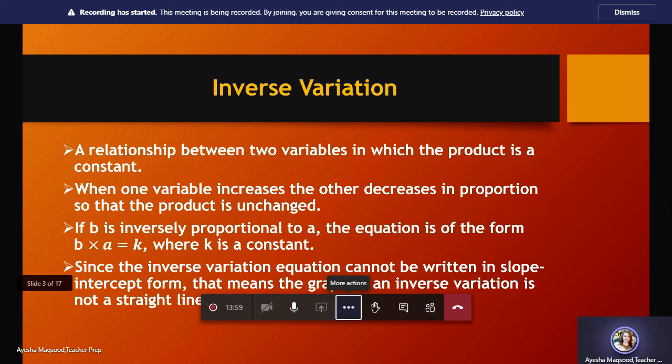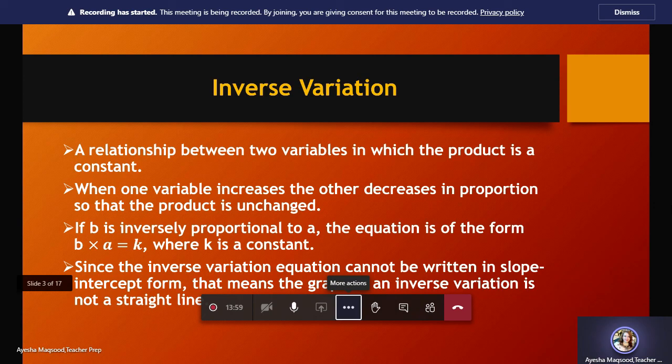So similarly for inverse variation also, I'll make you understand this. You can see that in column x it is 2, 4, 6 and 8, meaning the values are increasing from 2 to 8. And in column y, you can see that the values are decreasing: 12, 6, 4 and 3. So as per the definition of inverse variation, we know that if one value increases, the other value decreases. So we can judge yes, it is an inverse variation.